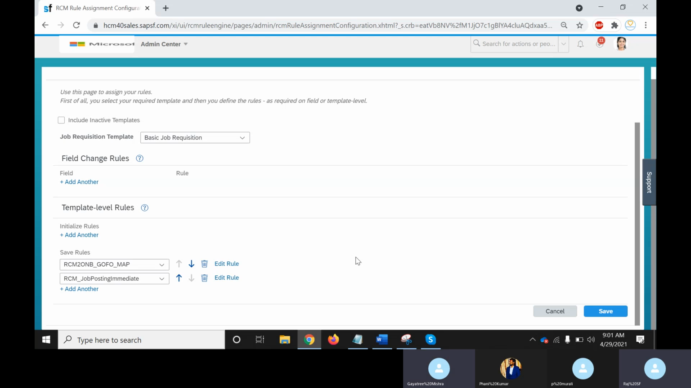Okay, got it. So whenever you want to pick any standard object from Employee Central or a custom object, for that purpose they are using this GOFO mapping rule to pick the data from Employee Central to this system. Okay. And there is RCM on immediate job posting. So here,